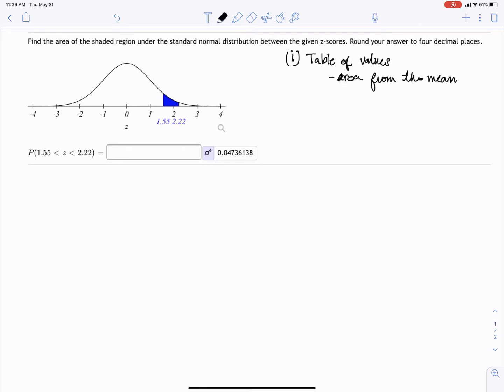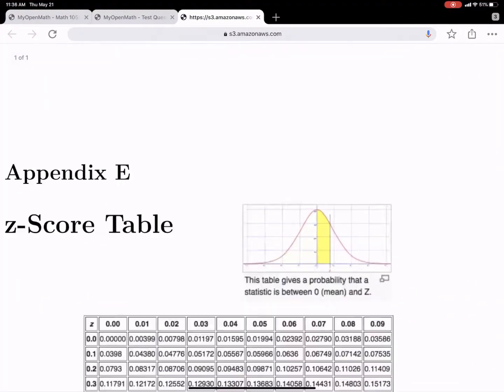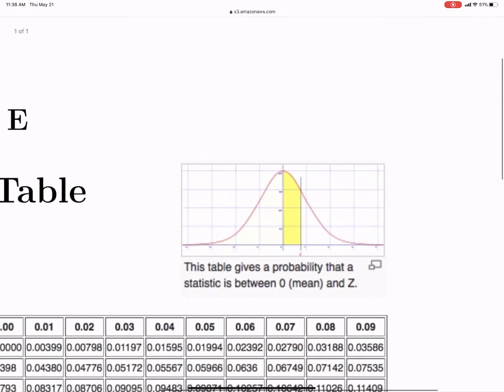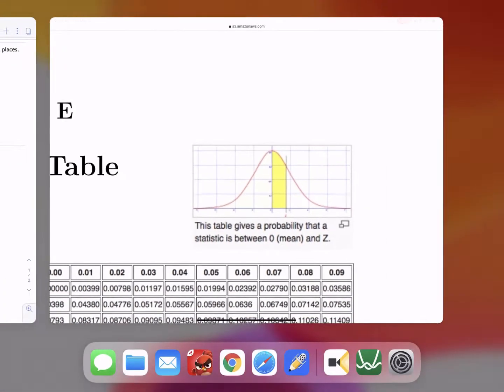And so we have to identify that we have two z-scores, 1.55, and the second z-score is 2.22. The third thing we should note is that the area or probability between these two z-scores is not directly the values from the table, but we need to think about if the table of values that they give us is area from the mean, and we need an area